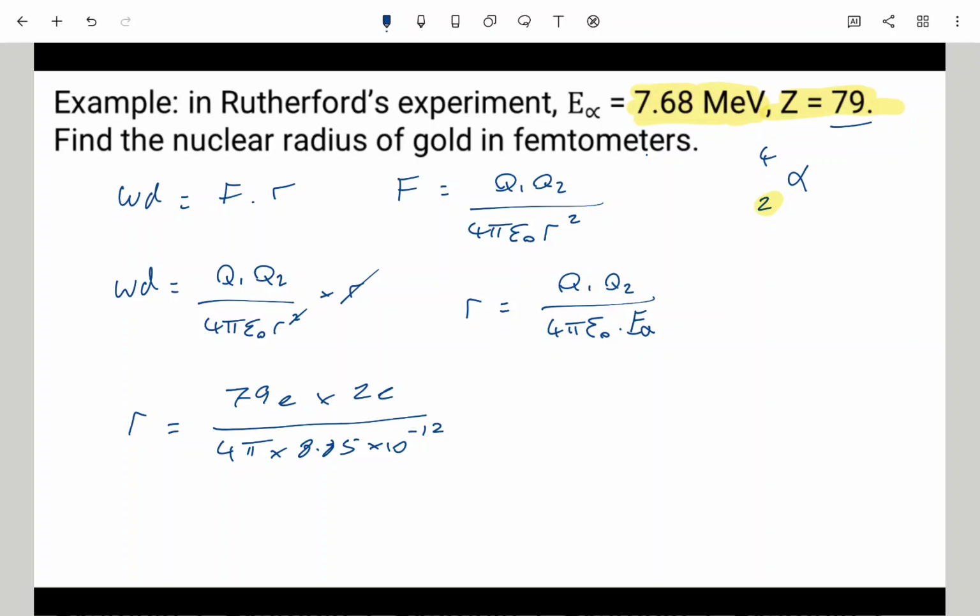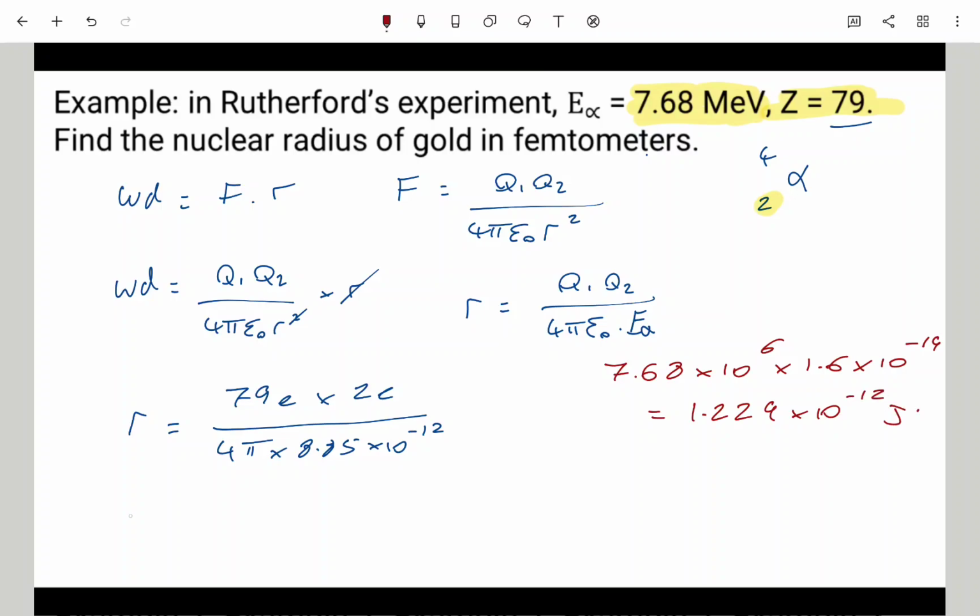And then we need to find the energy of the alpha particle. So we need to convert the 7.68 MeV into joules. Do that in a different colour. So 7.68 mega, so times 10 to the 6 electron volts, and multiply that by 1.6 to the power minus 19, and that'll give us the energy of the alpha particle. So if you put that in your calculator, you'll get 1.2288, so I'll just say 1.229 times 10 to the minus 12 joules,